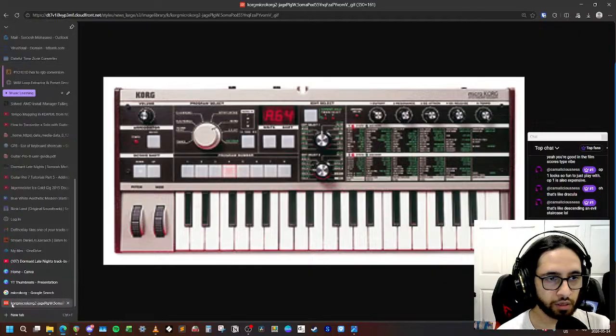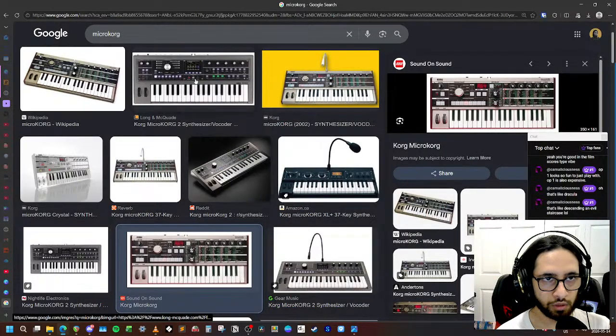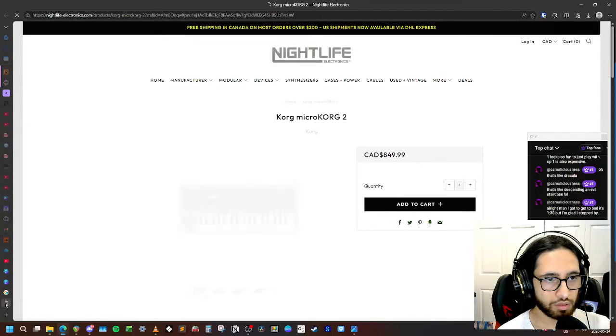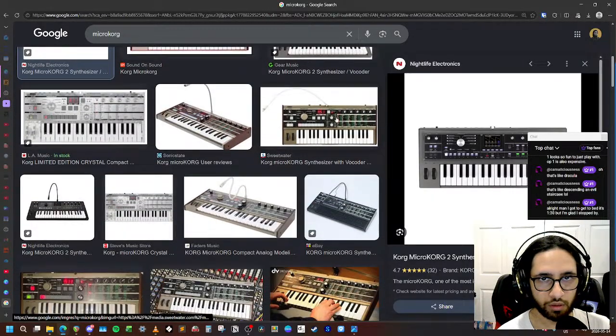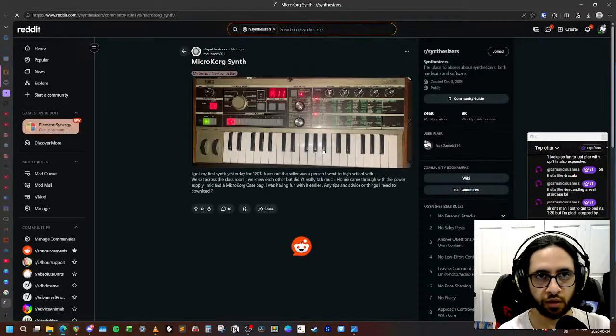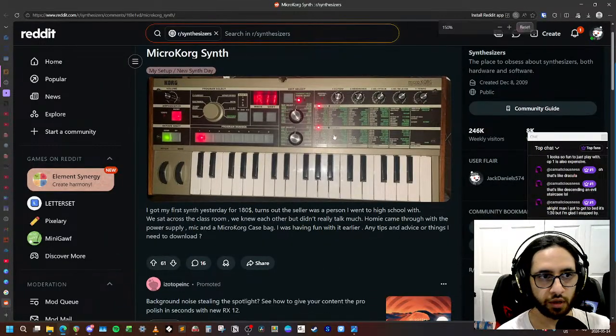Oh my god, that's super low res. Give me a good one. That's not the right one. Okay, that's good enough. So it's got 5 knobs, and with these 5 knobs there's so much menu diving. I don't like that. So I might sell it and get a Minilog or something.